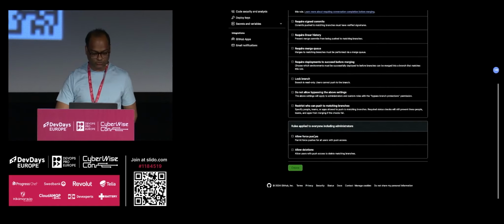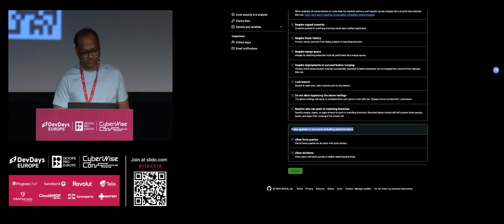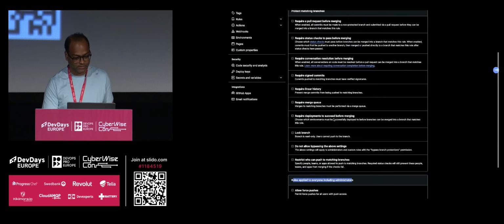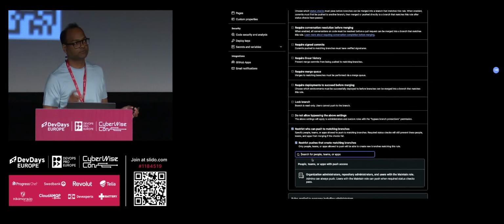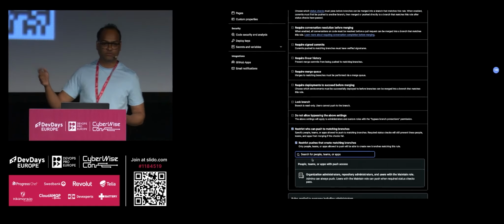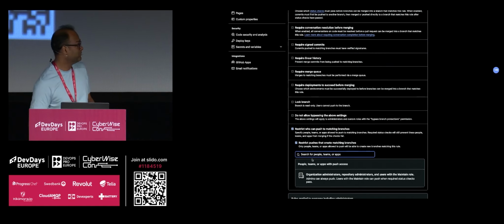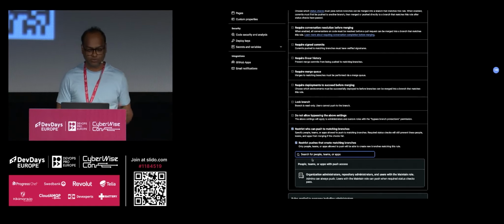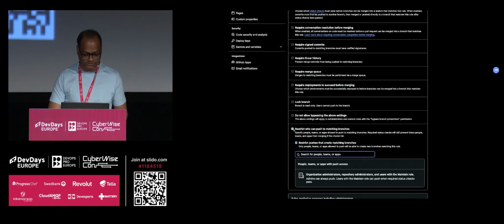So there are so many checks here. For example, this check, right? Rules apply to everyone, including administrators. So allow force push and allow deletions. Be safe. Don't do that. And you can also set who can push to the branches. This is very handy in case you're putting a branch protection rule on your master so no one can push, but you want to allow admins, right? That's what we do. Some admins have access, so you can probably add teams here as well. In case you have an admin team, you can just add them and they can push the code to the master or a release branch basically.